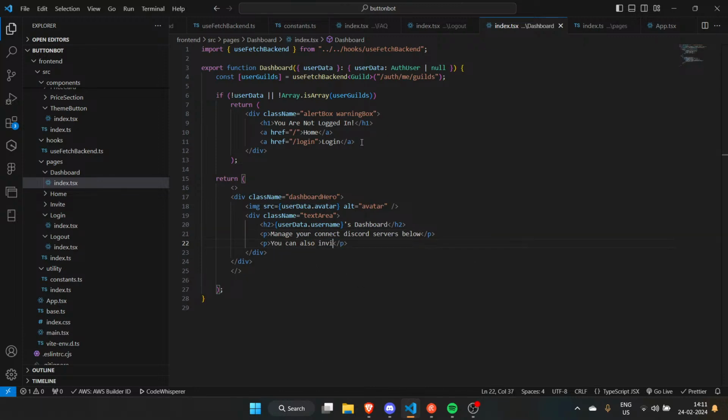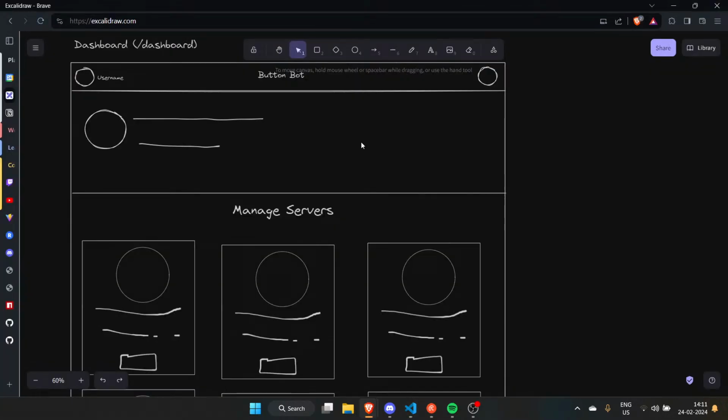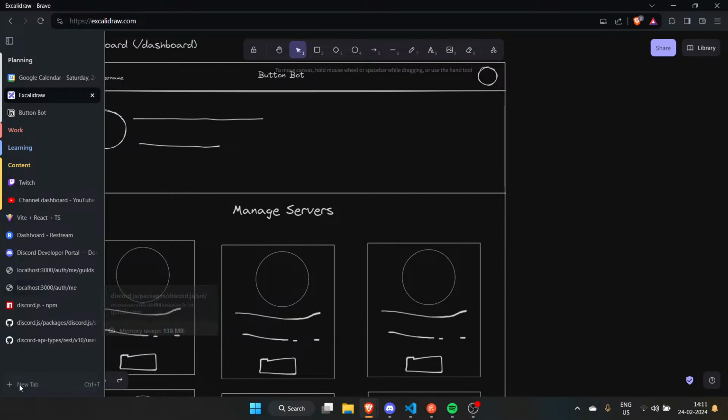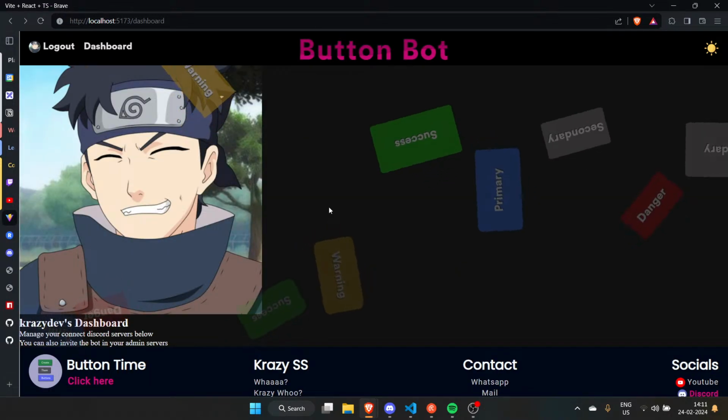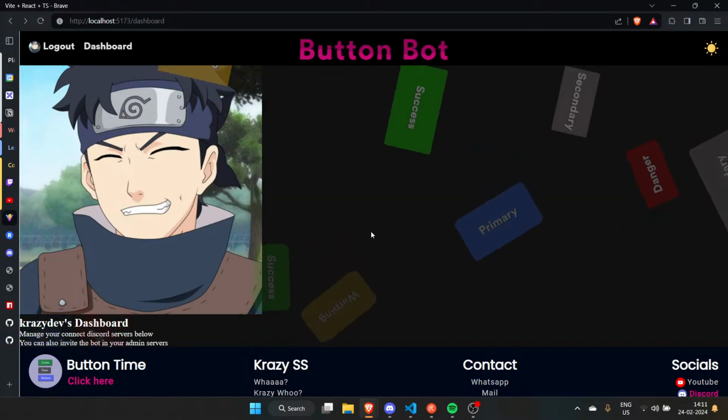You can also invite the bot in your admin servers. Is there anything else which I can say? I'll say nothing more is needed.